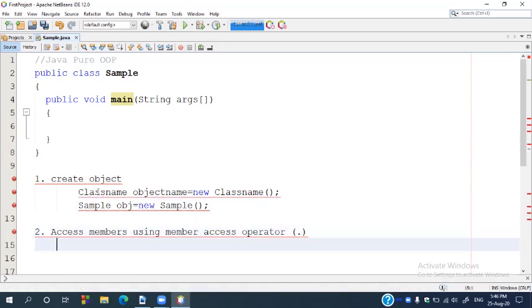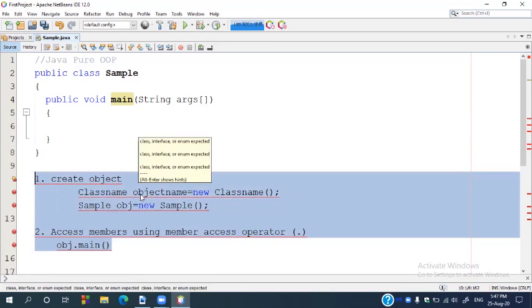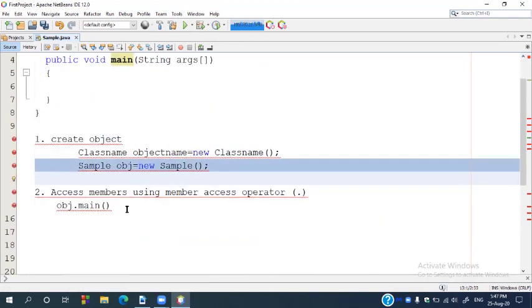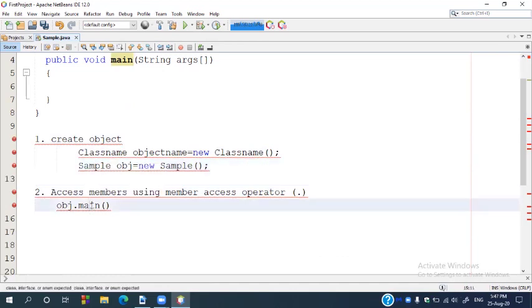So if you want to access the main method of the sample class, you have to access it with the help of the object name. The name of the object is obj, so obj dot main. These are the two steps you are supposed to follow for accessing any member of a class: first create an object, then access the particular member by using the object created in step 1.